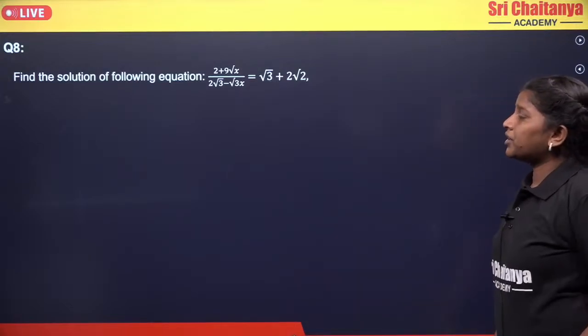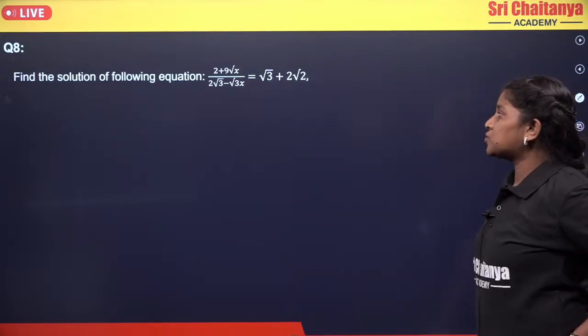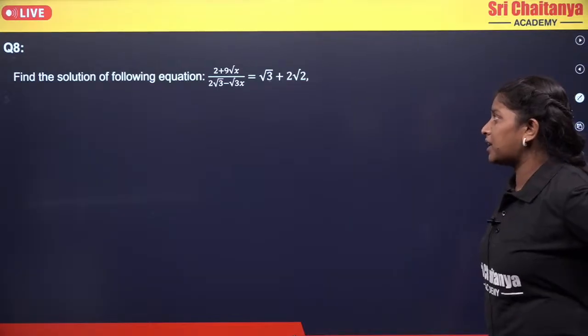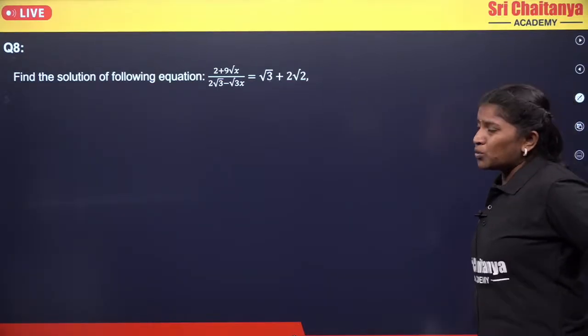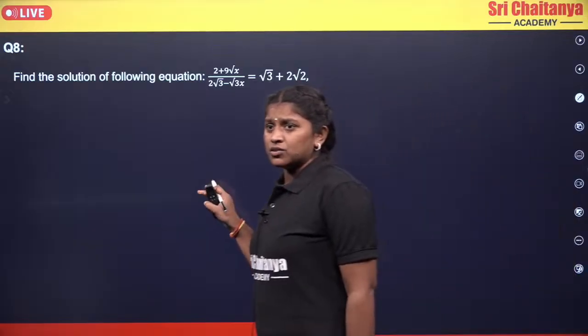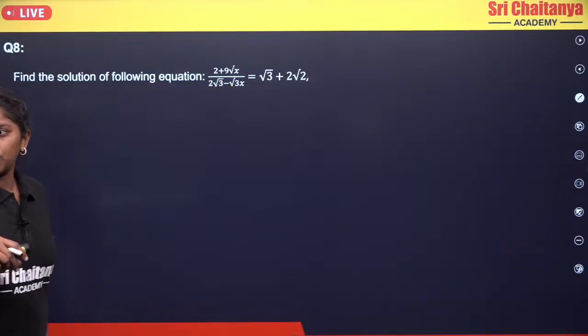Now moving to the next, find the solution of the following equation, where the equation is 2 plus 9 root x by 2 root 3 minus root 3x equals root 3 plus 2 root 2. So here you can go for the direct method, so which is nothing but we are just going to,